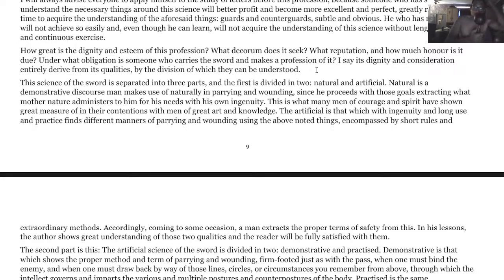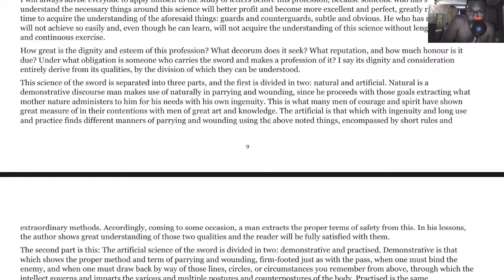This science of the sword is separated into three parts. The first is divided into two, natural and artificial. Natural is a demonstrative discourse man makes use of naturally in parrying and wounding, since he proceeds with those goals, extracting what Mother Nature administers to him for his needs with his own ingenuity. This is what many men of courage and spirit have shown great measure of in their contentions with men of